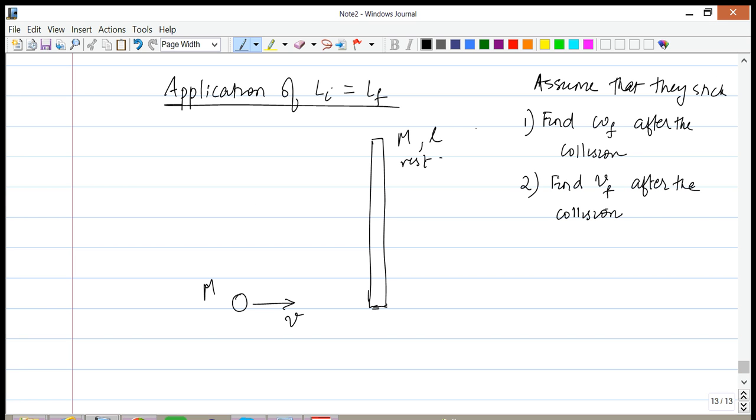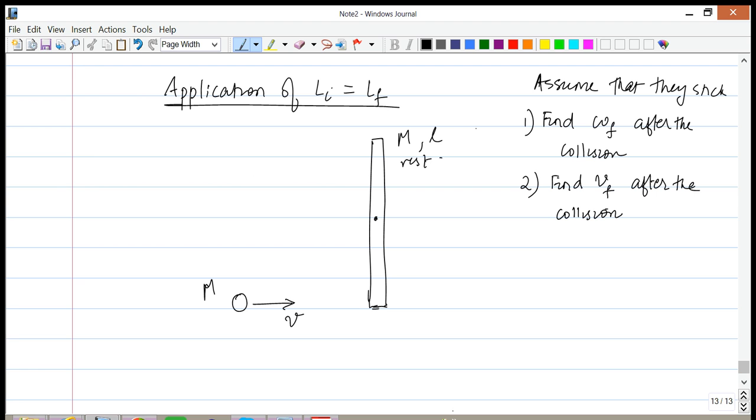It's going to spin about some center of mass that we need to figure out, and the center of mass is also going to translate. It's going to move to the right. Now, if you understand what's going on here, what we need to realize is that it's not going to spin about the center of mass of the rod, not anymore, and it's not spinning about any pivot because there are no pivots.